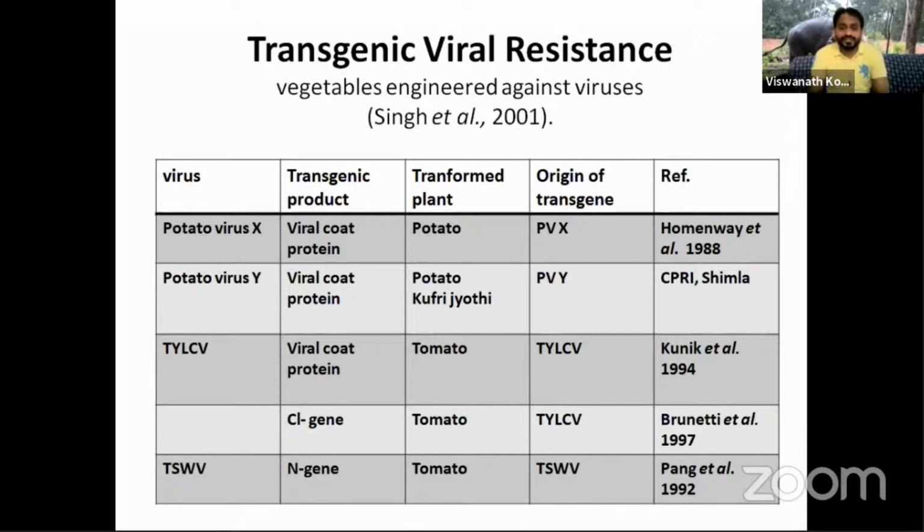For more information, you just read the book. Now we don't have much time, so this concept I cannot explain right now. You can contact me for any clarification regarding the concepts. So these are the examples where vegetables are engineered for viral resistance,